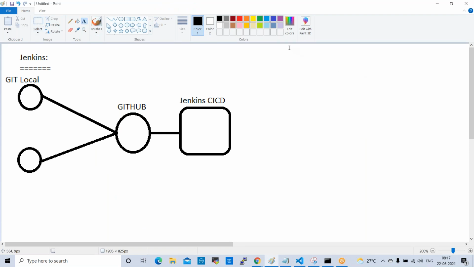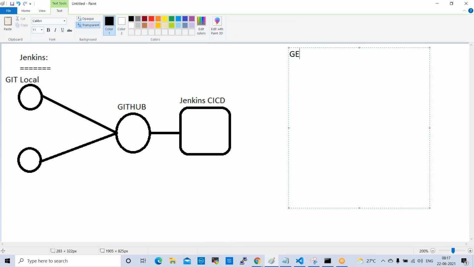In the GE project normally GE sales will be there, GE marketing, GE HR, GE accounts, GE finance. So many departments are there in GE, right? So for example, all these portfolios use the same Jenkins server.